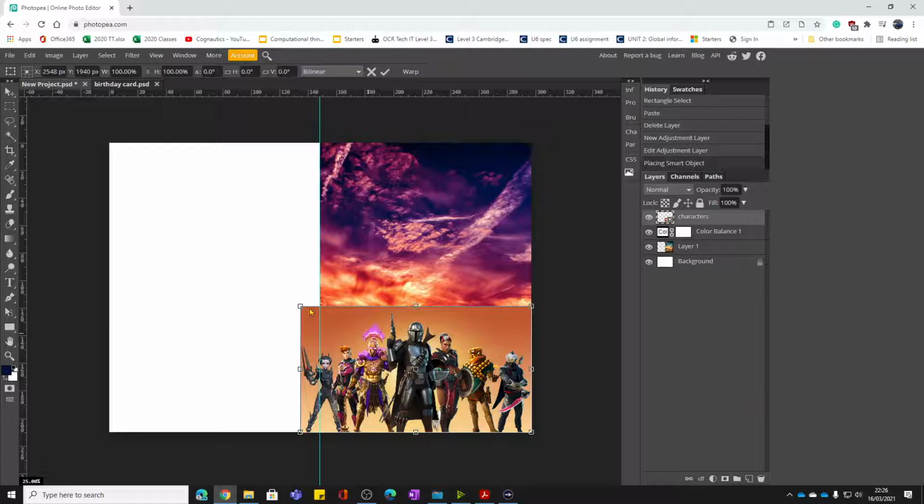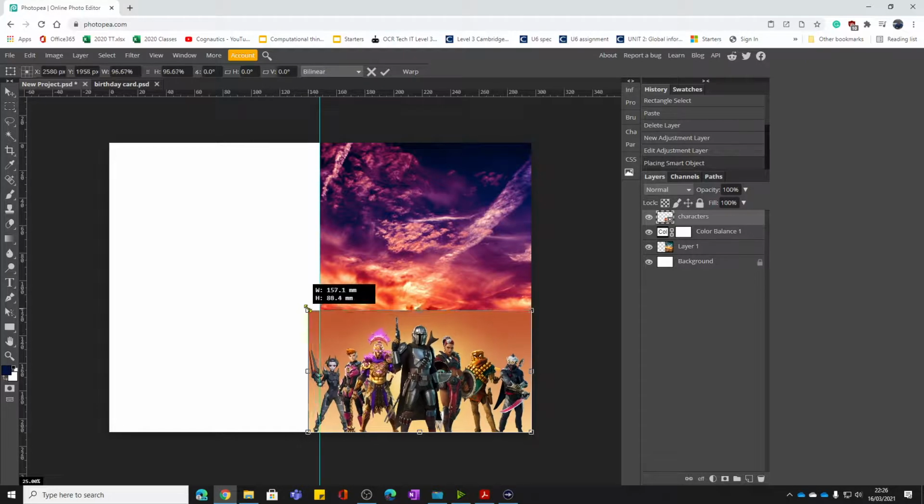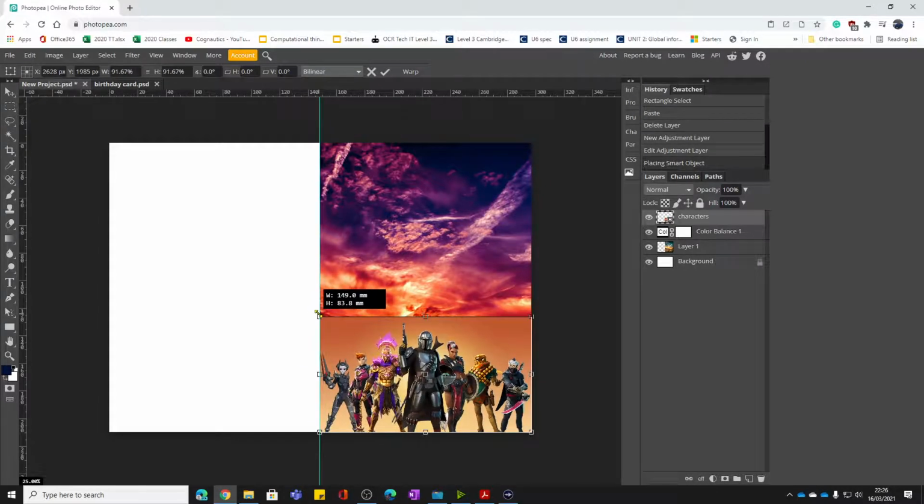But I'm going to rescale this. Again, I'm just going to hold the shift key down when I do this. I'm going to change the scale so it literally just takes up the right hand side of the picture. Okay, so now we've got our two pictures, but what we want, if we look at the finished picture, is